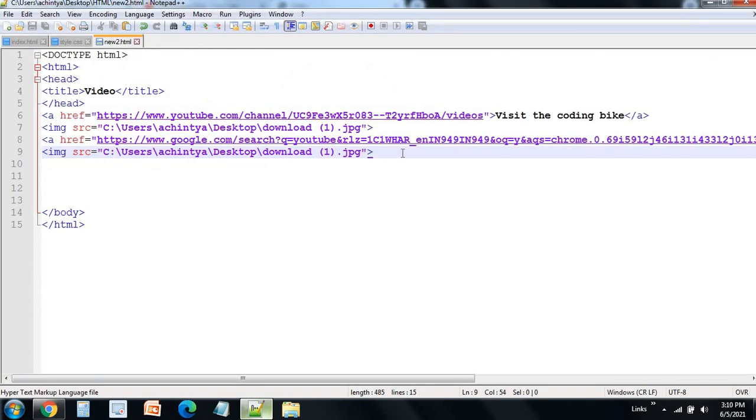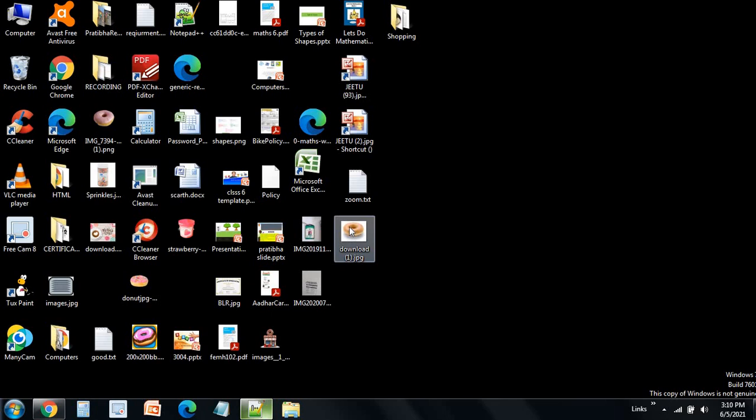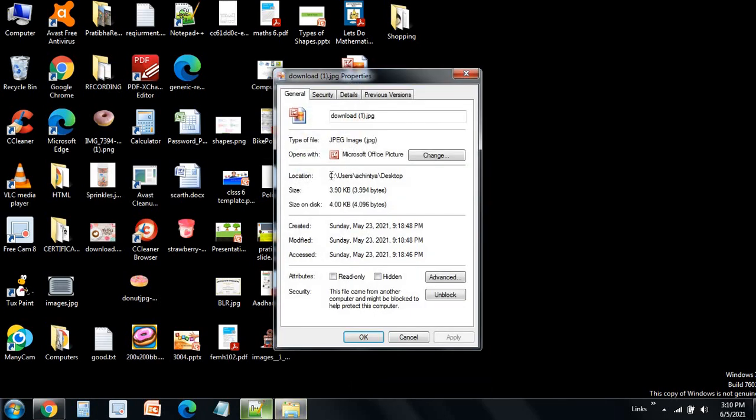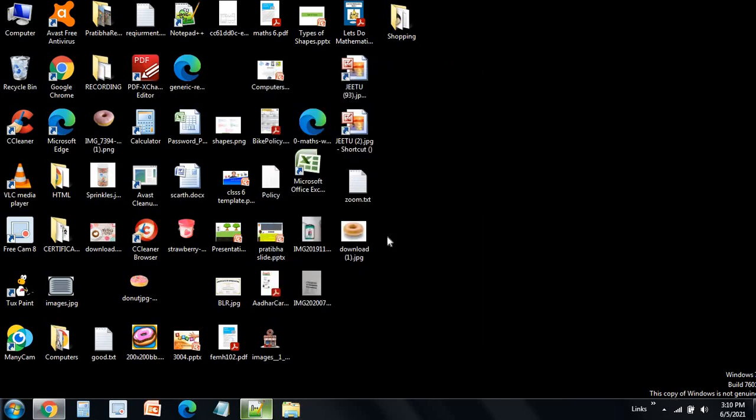See, I've taken this same path. There's another way also, but that's a bit lengthy: first you go to properties, then select C Users, then select this. Instead of doing this, you can just press right-click and Shift.